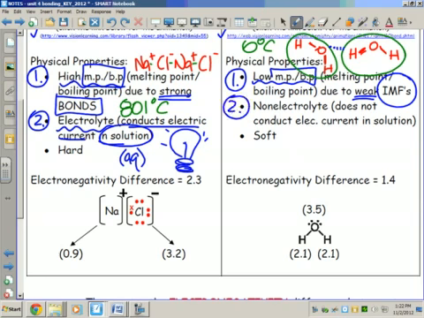On the other hand, you have covalent compounds. They are non-electrolytes. If they do dissolve in water, which they usually don't, they won't conduct electric current. Sugar is an example of something that will dissolve in water, but it won't conduct a current. So that means that a covalent substance is a non-electrolyte. And then the third